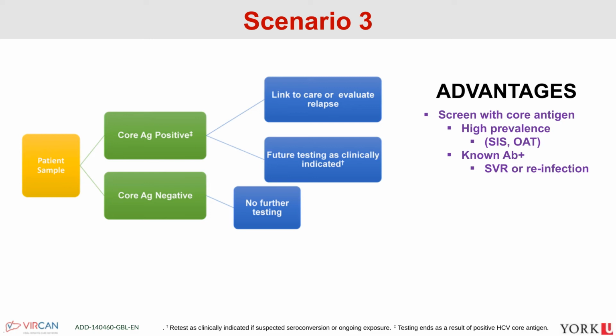Another thought would be to use core antigen testing for people that we already know are antibody positive. So looking back at our databases if we have them, or we already know their status, and maybe they've even been treated. And so we could look at this core antigen test from a test of cure perspective, or using it for SVR, or looking for reinfection. So in that population that are known antibody positive because they've been diagnosed, they've maybe been treated, and you have a high degree of suspicion that they failed therapy or they're potentially reinfected, which we're seeing so much coming out of the pandemic, using core antigen as that rescreen for active infection.